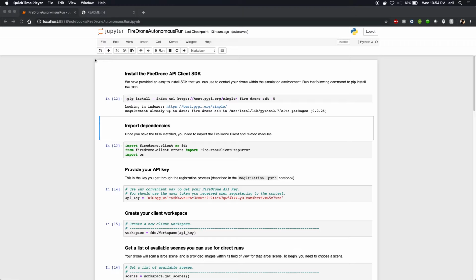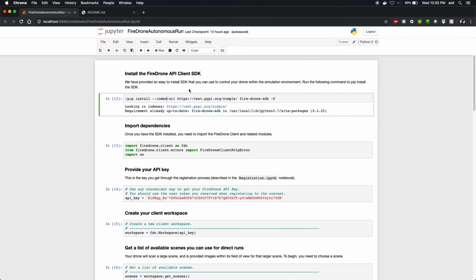At each position, we send the frame which is captured from the drone to Microsoft's Custom Vision service, and we get a prediction back. And this prediction is used to determine whether fire is present inside the current image or not. As you can see, we are first configuring the